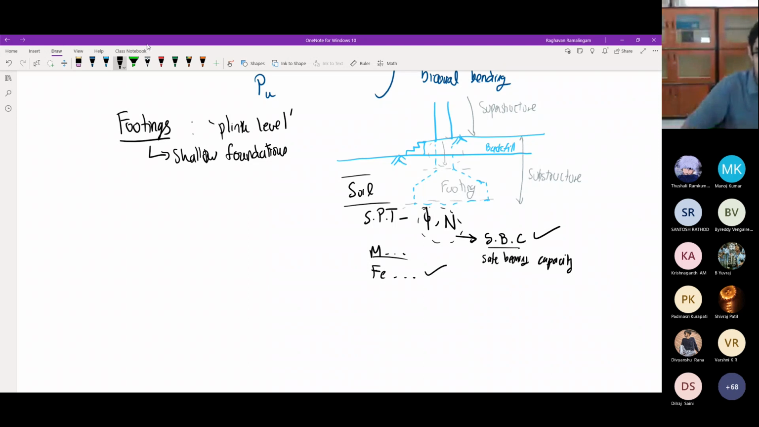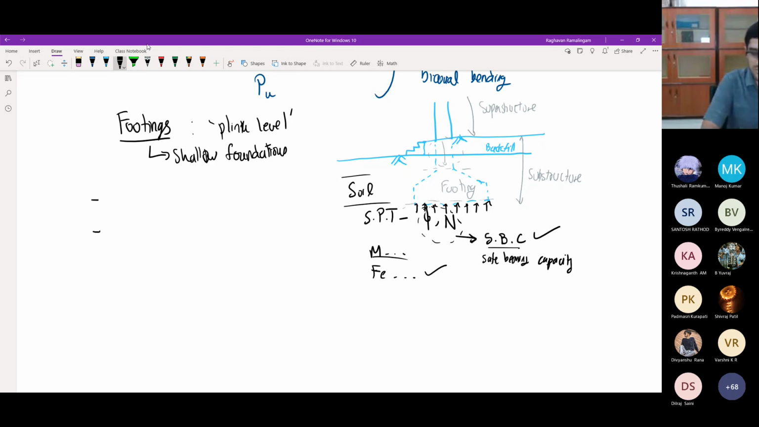Okay, so now coming to this SBC. Basically, this SBC tells you how much pressure can be allowed to be given to the soil by this footing. How much pressure can this footing give to the soil? So if the pressure coming from the footing exceeds the SBC of the soil, you may have some problems,